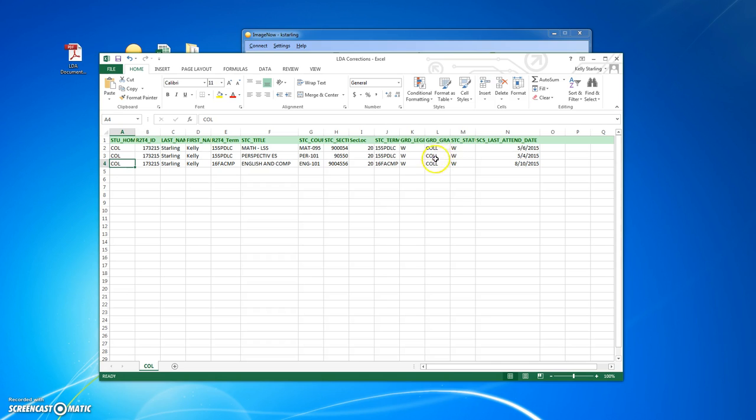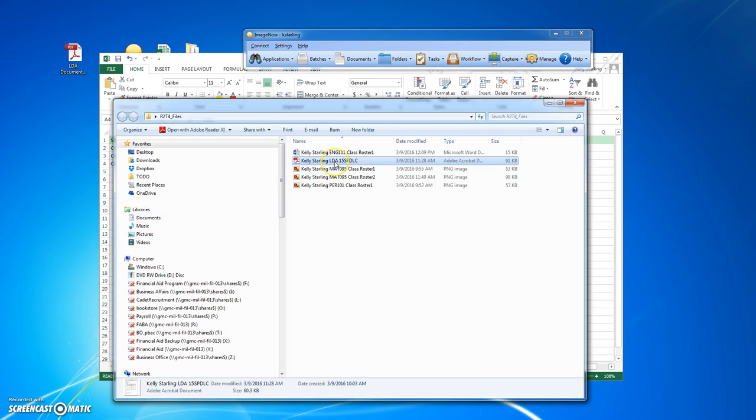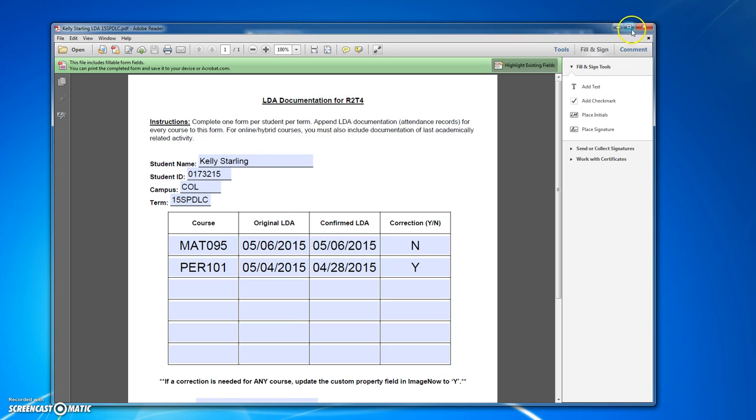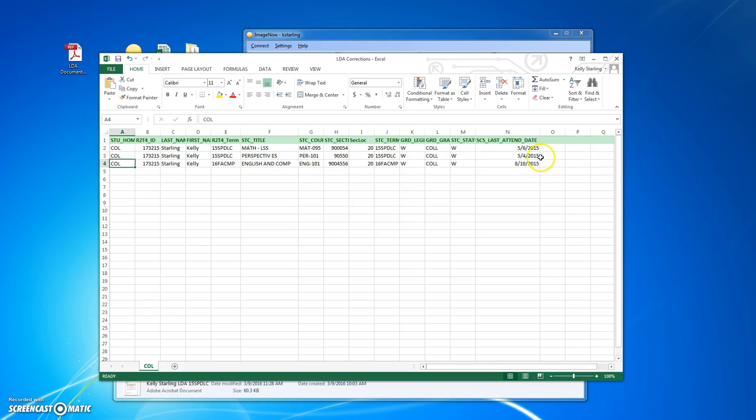Alright, so we're going to collect all that information, and then we're going to fill out our PDF, which is a form that appends to the beginning of all the documentation. So I've kind of already done one here. It makes it just easy to look at. So we have the student name, the ID, campus, the term, and the 2 classes. So the math class gives an original LDA of 5/6/2015. We know that because our spreadsheet here,